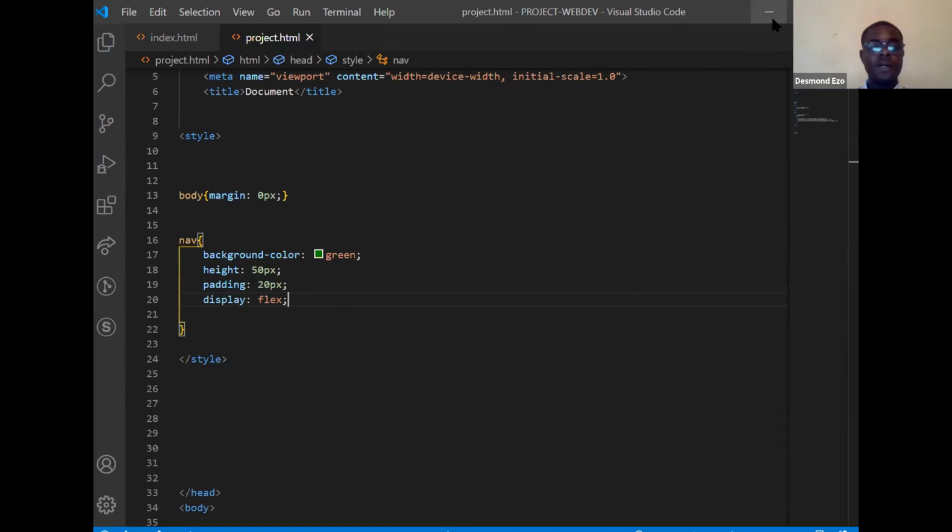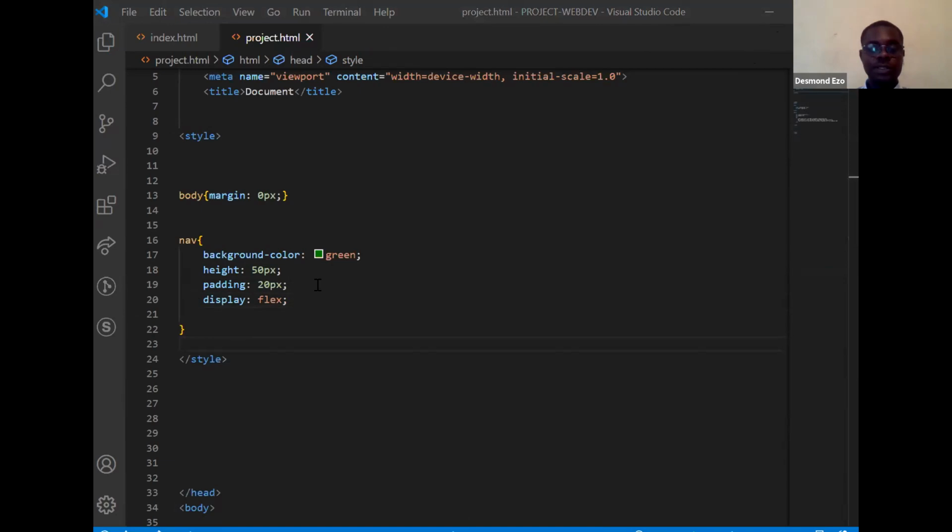So to allow me, instead of using the float property, to specify that I want this element to move from this point on to this point here. So we're going to get back to that soon. Let's get to the other elements here.